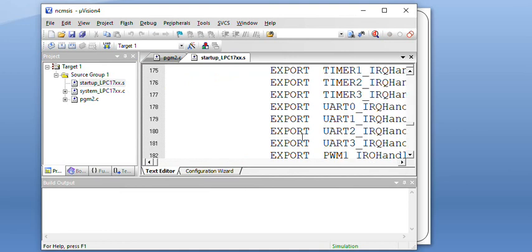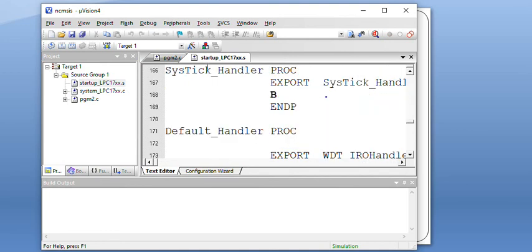IRQs as well as exceptions, everything is included in it, mainly so this program will run. The job over here in your particular application is to reset your program. If your user program hangs in between, then by using a reset button, as soon as you press reset, this startup file will be called, and it is going to rerun the program from line number 1. That's something like resetting the program. So that's why we require this